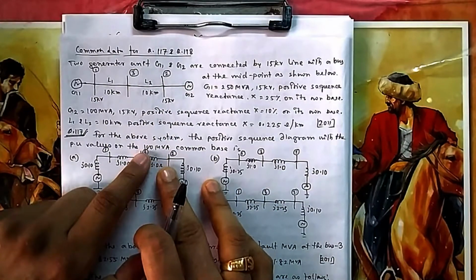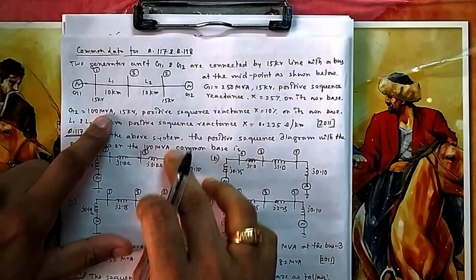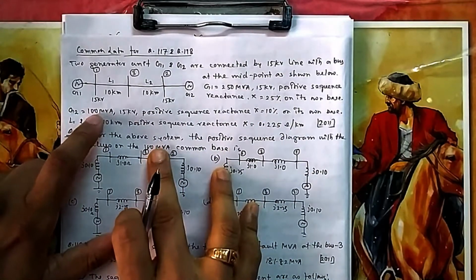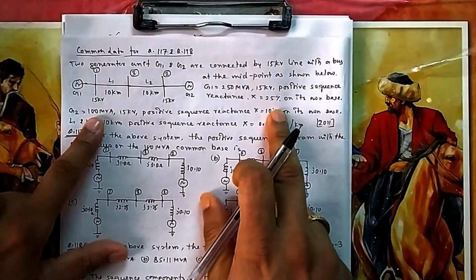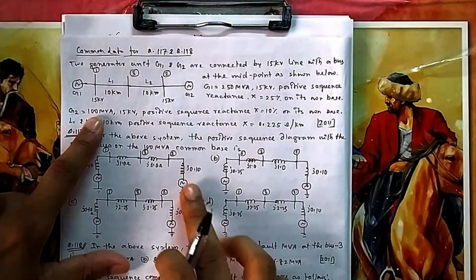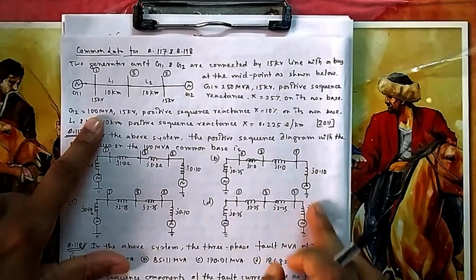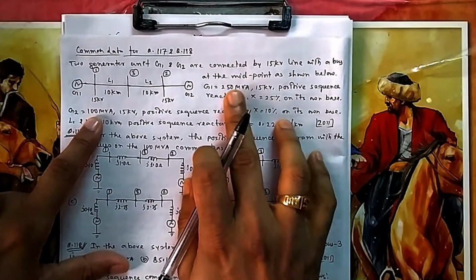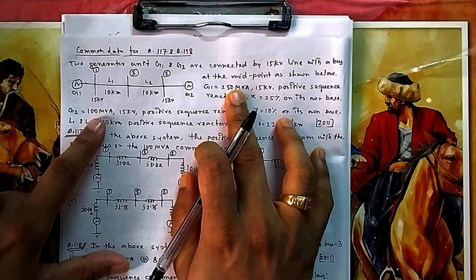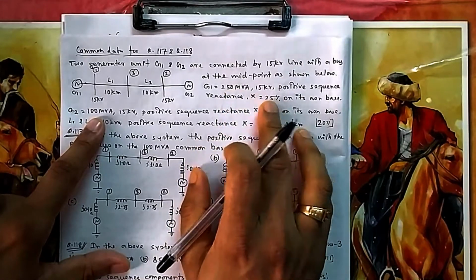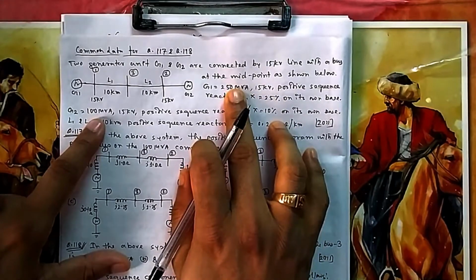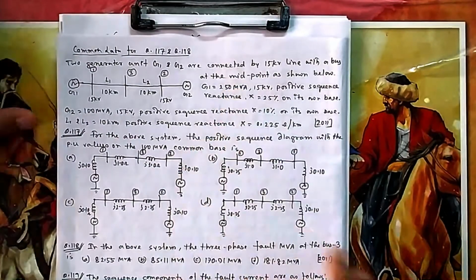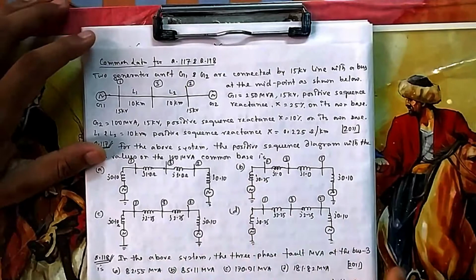See the generator which is at 100 MVA, G2. Its reactance will be the same, because this is the base we are considering as the system base. So 0.1 will be there in the second generator. For generator 1 it will change, because it is 25% on 250. So on 100 it will be how much? If it is 25% on 250, then on 100 it will be 0.1. So this one will be equal to j0.1. So it should be either A or C. C and D will not work.